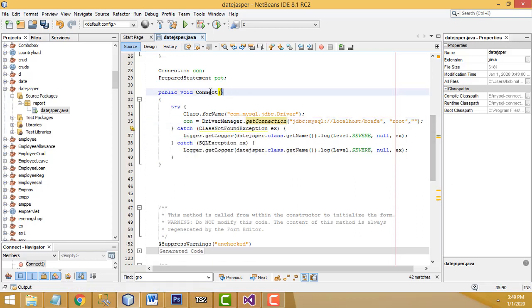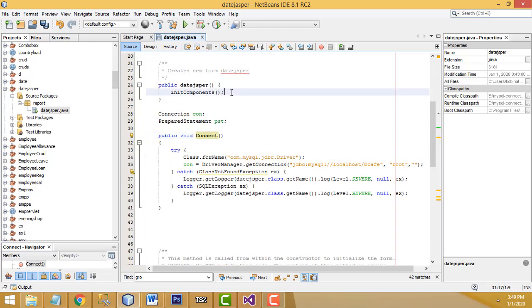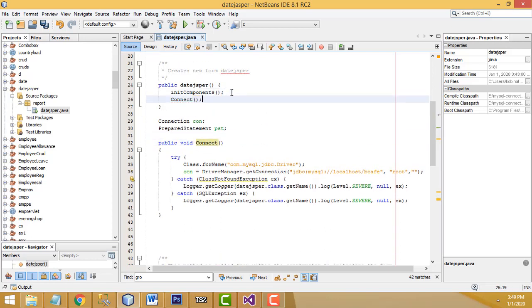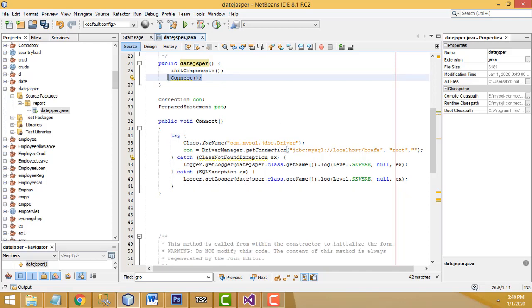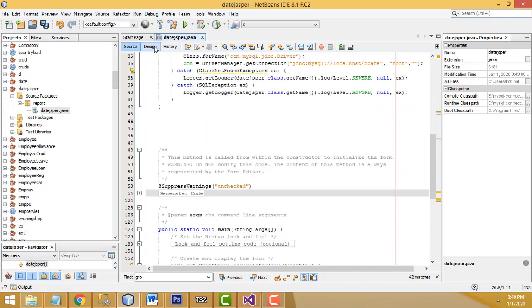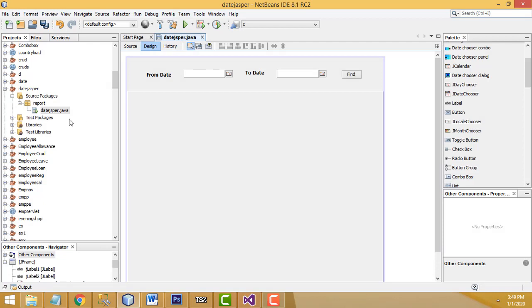Now the error goes away. Ctrl C to copy the function, and you have to paste it inside the component, right? This is the constructor of the class. When the constructor is loaded, this connection method should be loaded, right? Very simple one, right? After that, I am going to create the